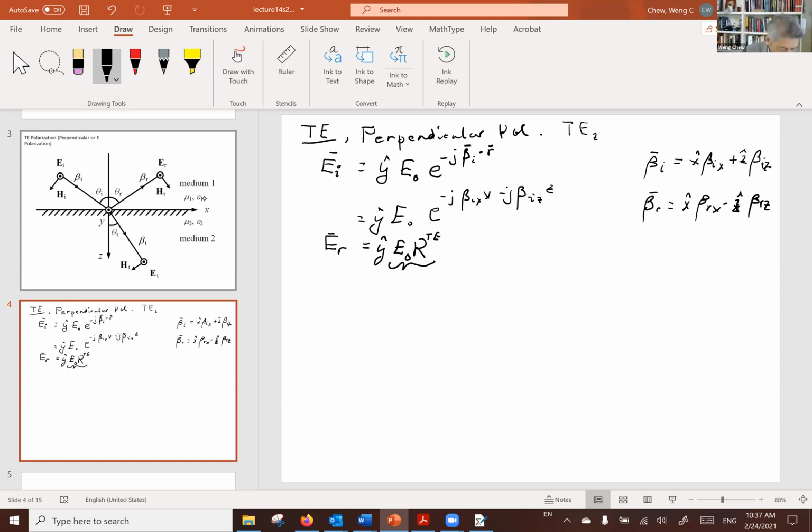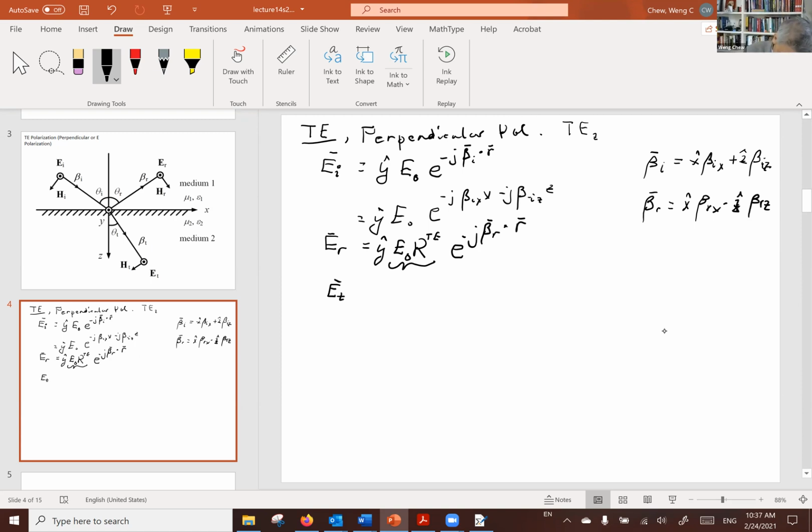Okay, so that is the unknown amplitude. And then when we write things out in gory detail, we will have to put in this thing, and then the beta R vector dot with R. This will represent the wave that is propagating in the desired direction that we show on this slide over here. And then we can also write down ET,